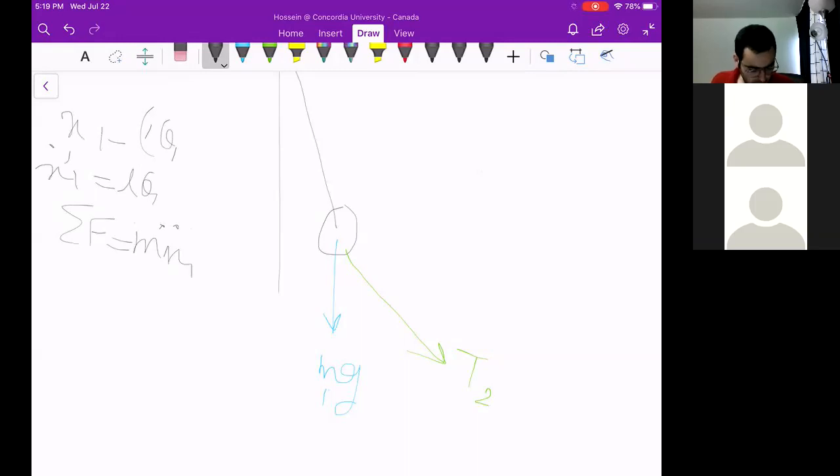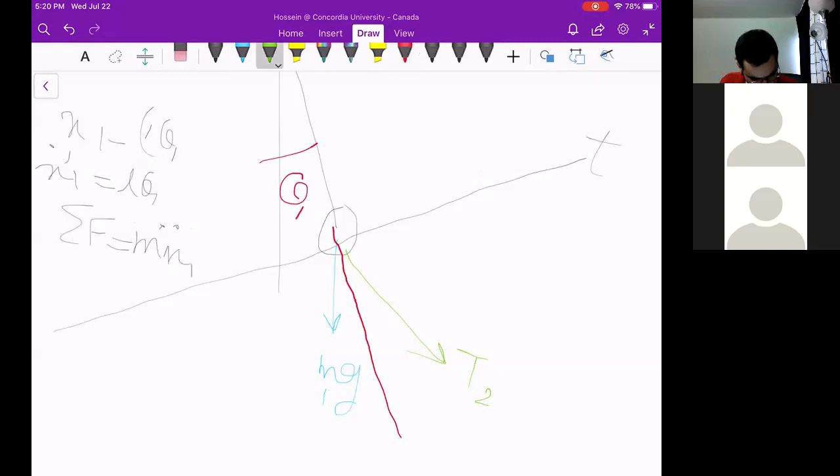In the tangential direction, you have to project T2 in the tangential direction. This is going to be the continuation of T1, and this is going to be theta 2 minus theta 1. So this T2 will be projected here like T2 sine of